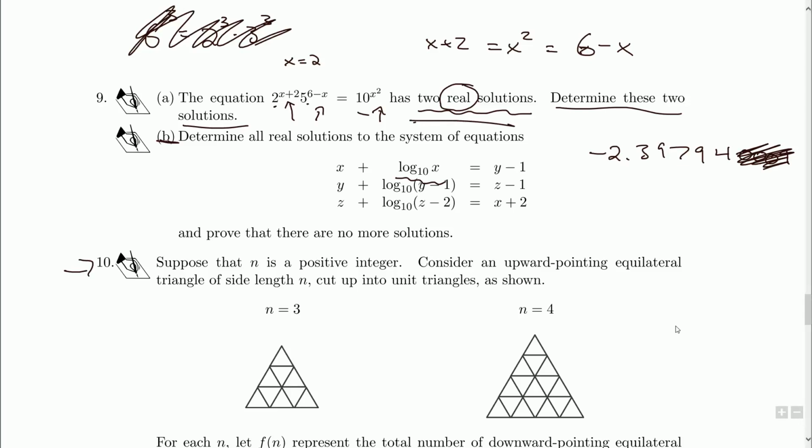And prove that there are no more solutions. So this might be a little harder. We'll probably get 2 or 3 solutions. I wouldn't expect a whole ton of solutions. I wouldn't expect a family of solutions,